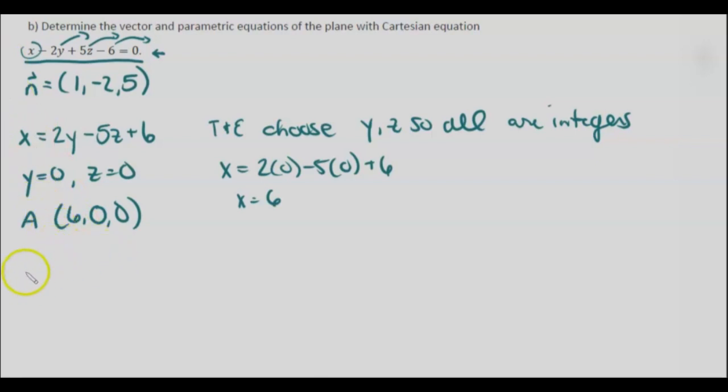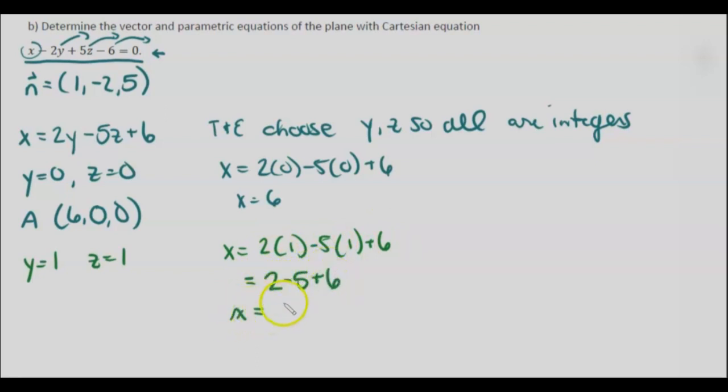Okay, let's try another combination. Let's just try 1 and 1. y equals 1, z equals 1. So x equals 2 times 1 minus 5 times 1 plus 6. So 2 minus 5 plus 6. Our x is going to equal 2 minus 5 is negative 3, plus 6. We're going to get 3. So we can have some point B that's going to be 3, 1, 1. Okay, and again, you can choose any values, and all we're doing is trying to find 3 points that